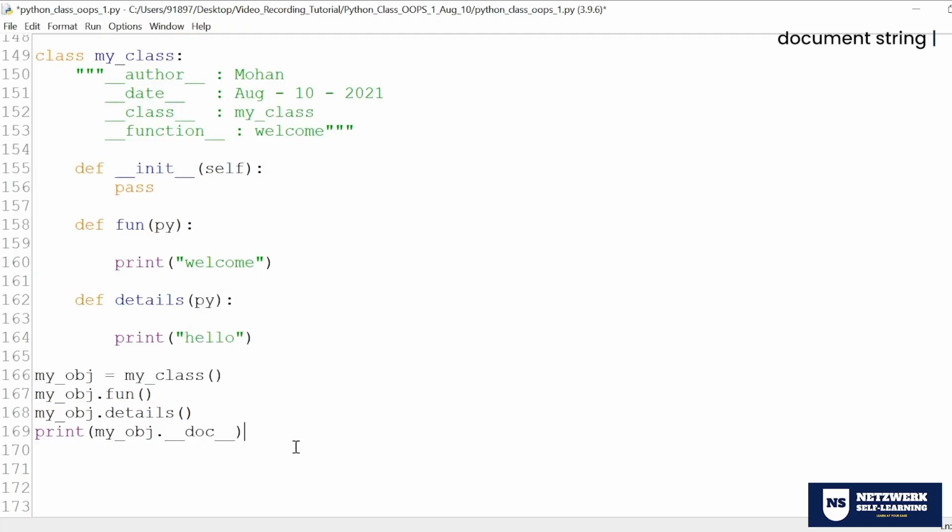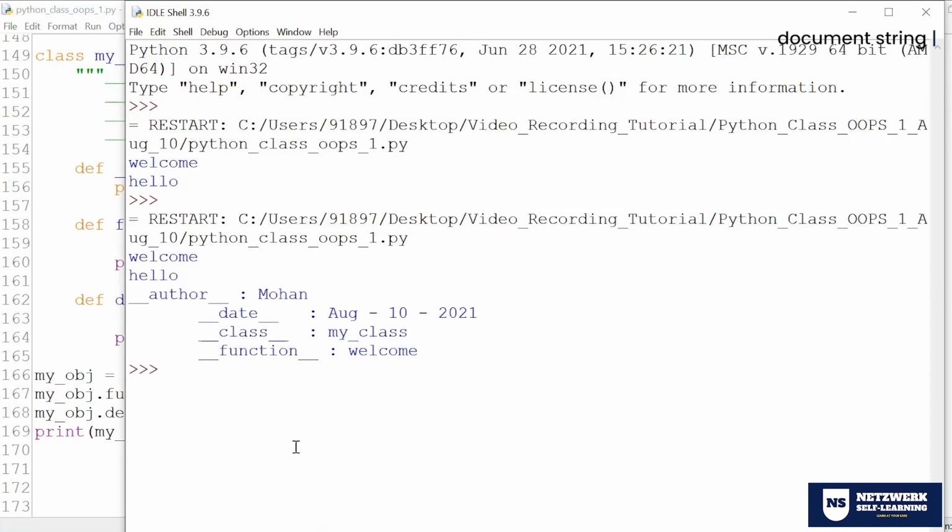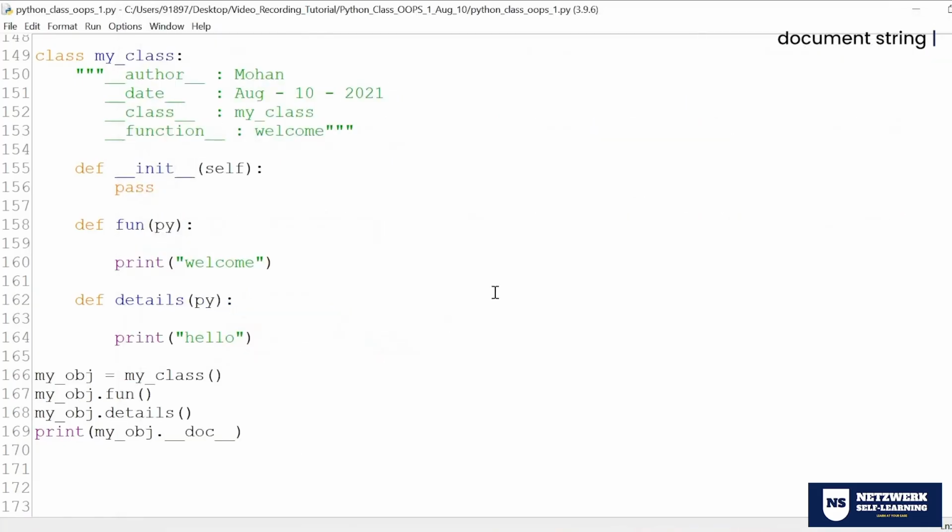This doc is going to give you the detailed document string if it is mentioned in your class. So when you run, there you see it prints the document string as well. That's the beauty of things. So if somebody writes a document string inside the class, you can still call that, you can still use that. That's what a document string is.